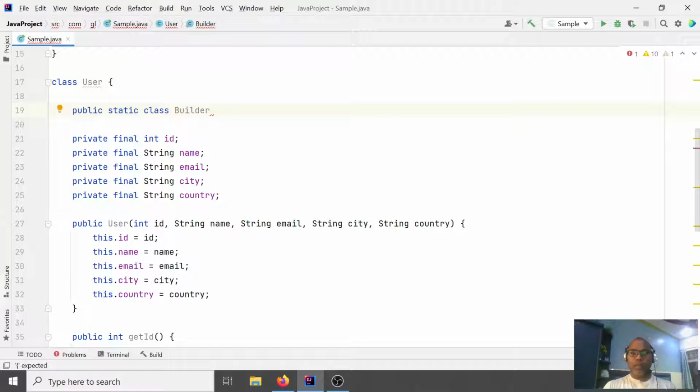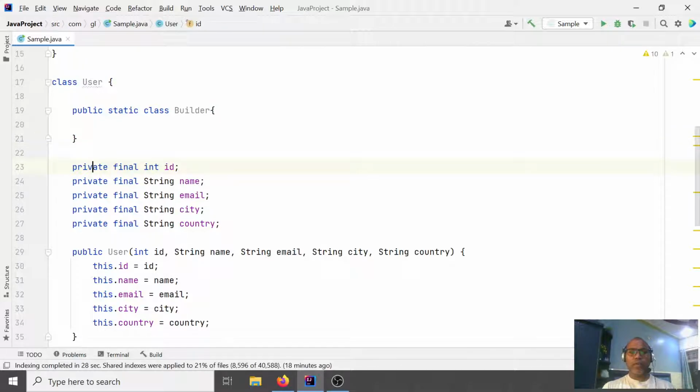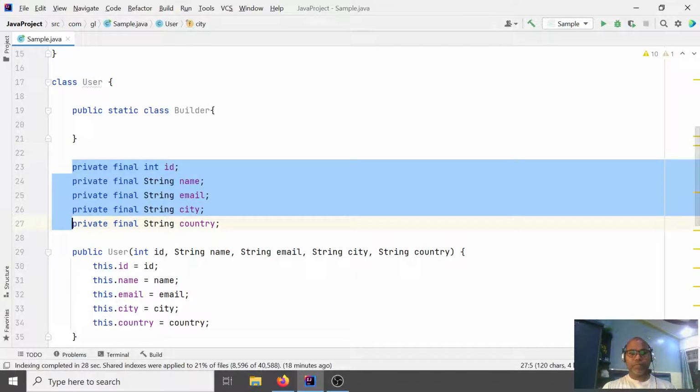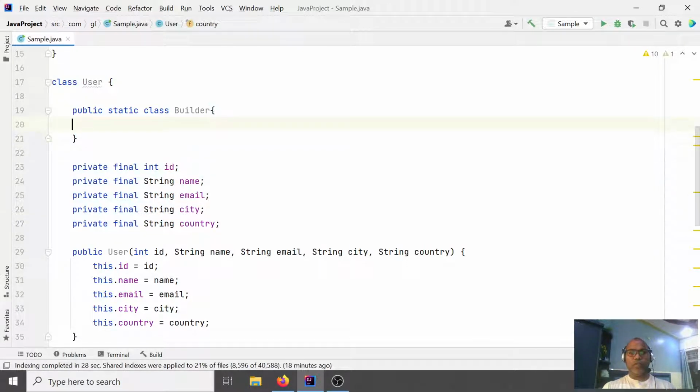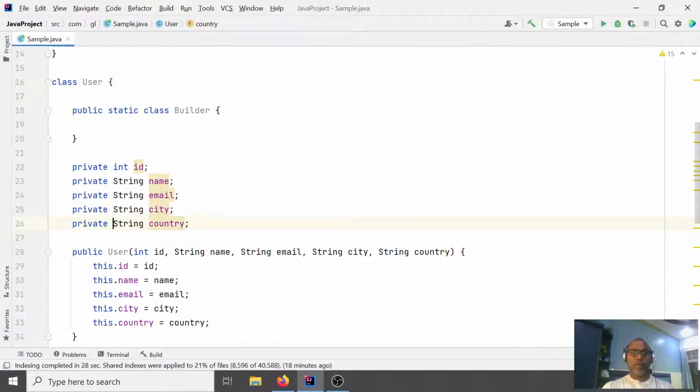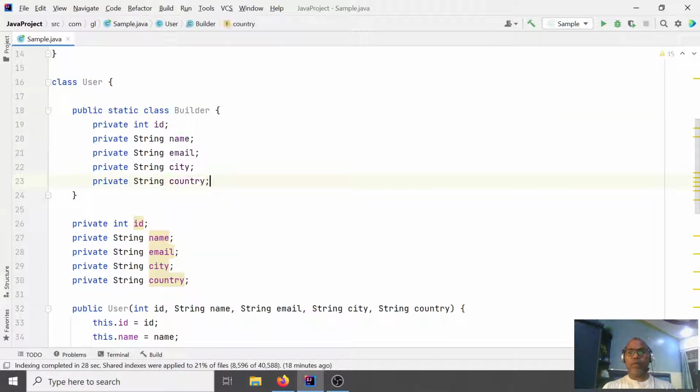That builder class just contains all the fields. And whatever fields your original class contains, just write them inside the separate builder class.